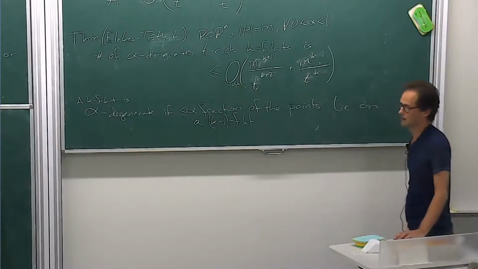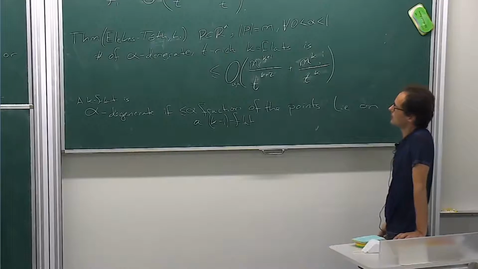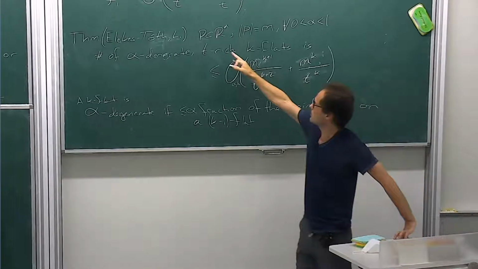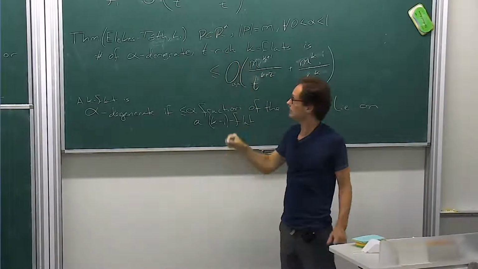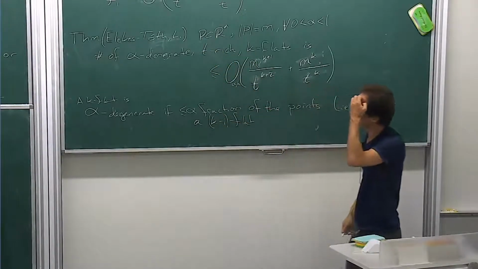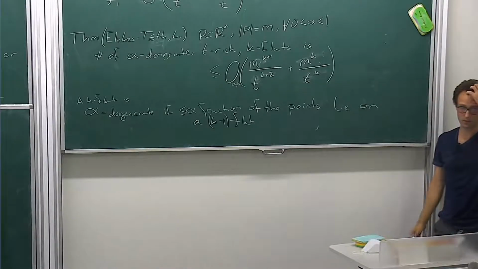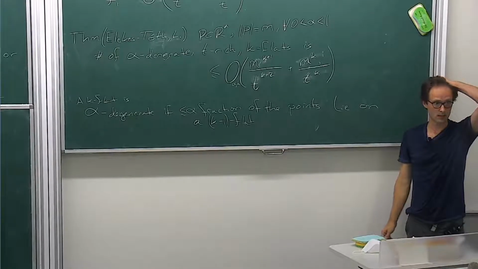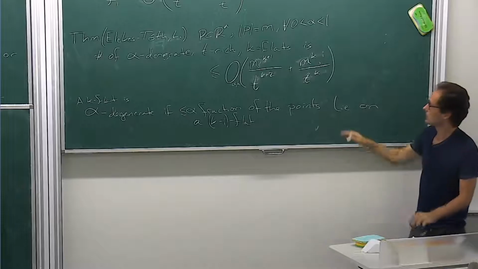Now, T-rich means that it contains at least T points of P. So this is T-rich relative to P, and T-rich means contains at least T points of P. Is the statement clear here? So